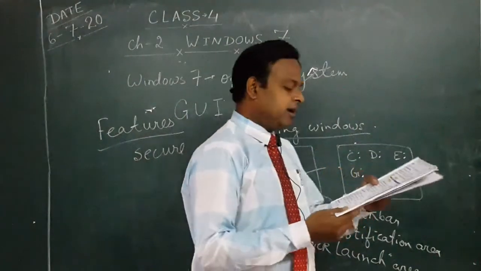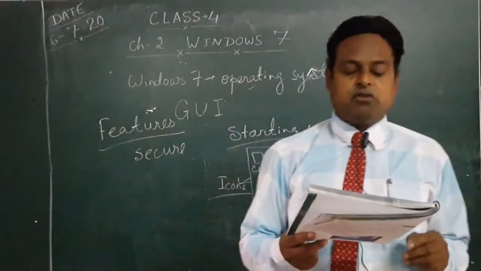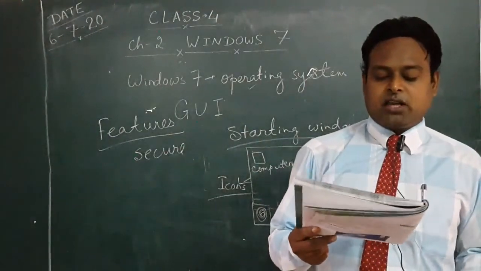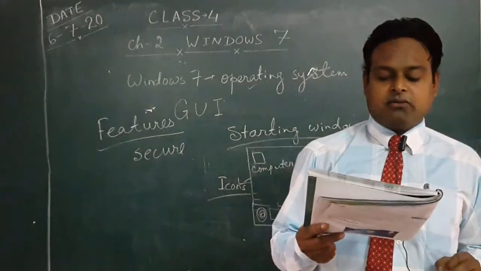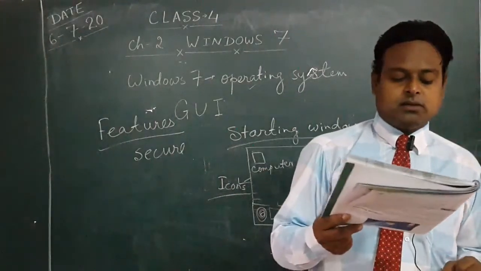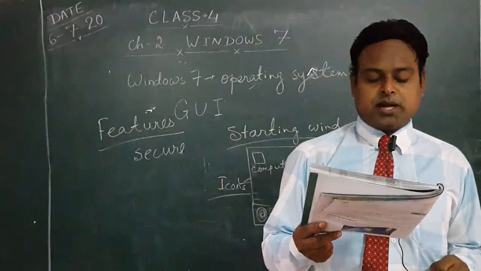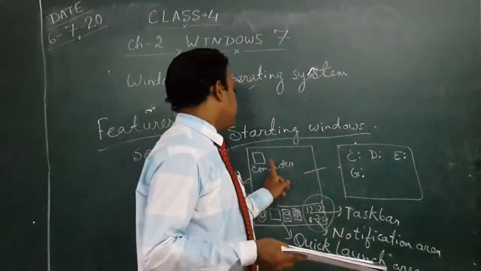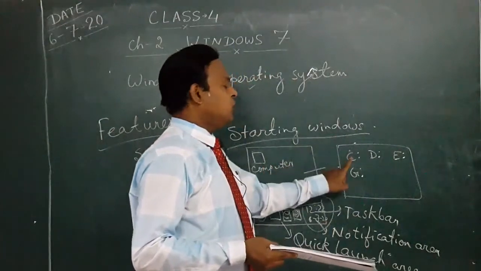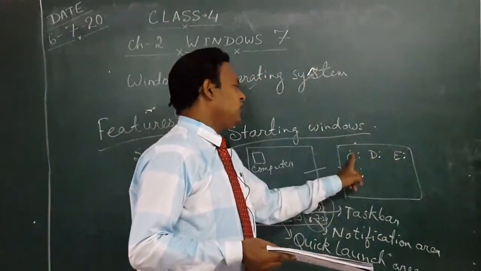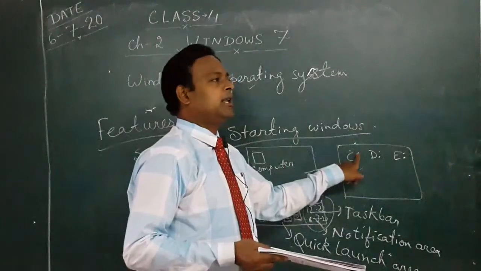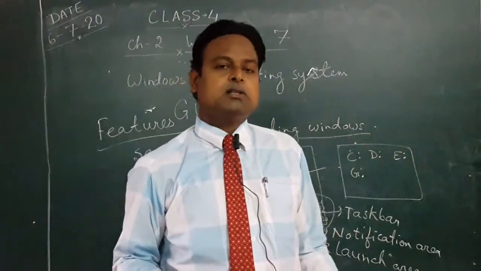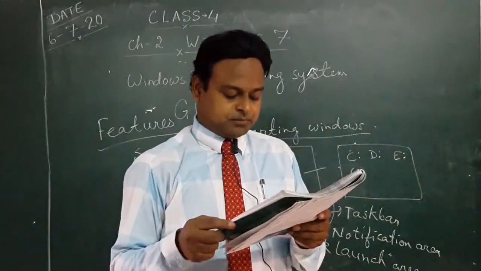On the desktop you will find a computer icon through which we can access all the files and folders stored in the computer. While working on the computer, you will be creating files and organizing them in folders. When you double click on the computer icon, you will get the screen as shown in the figure. You will see these drives, and if you want to go inside, double click again, and you will find all the files and folders whatever you have created.